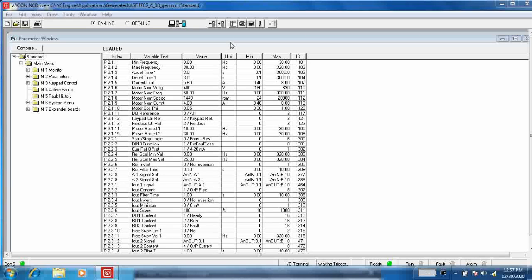In the upper side of the software, you can see upload, download, parameter window, operating window, and monitoring window. Here in parameter window,